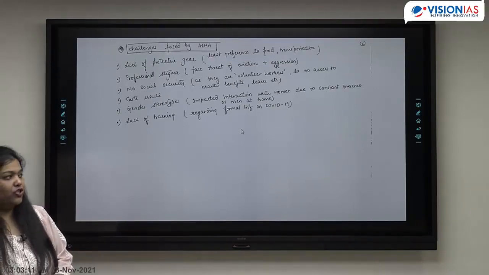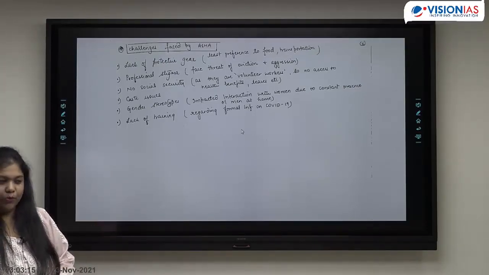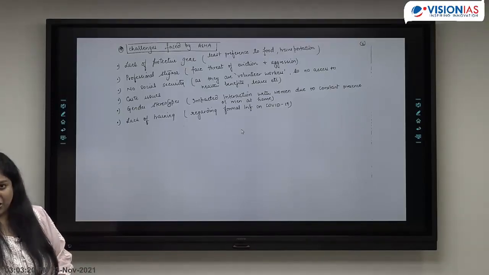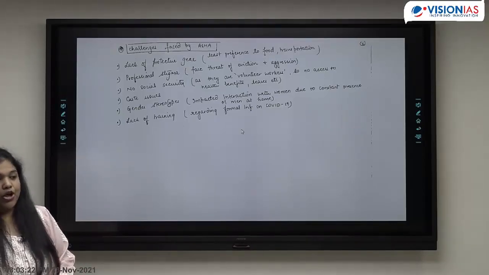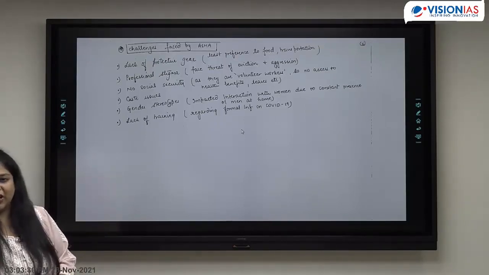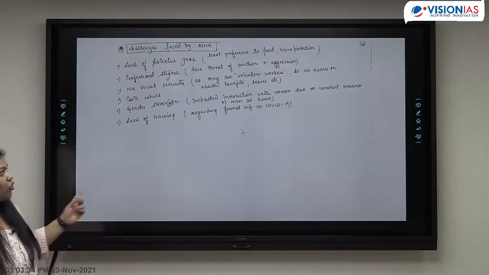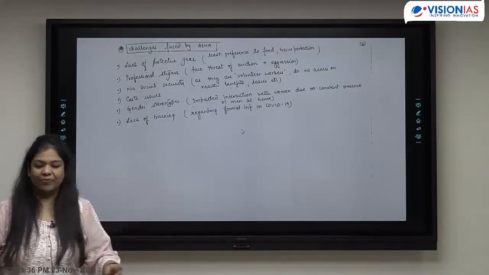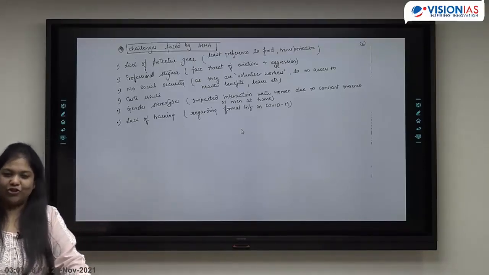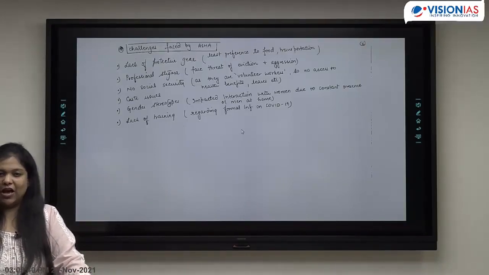Then there was gender stereotyping. Now, what used to happen earlier? It was very easy for ASHA workers to interact with the women because men used to go outside and work. We do not have a concept of male ASHA workers, which is the current demand. Now, because of lockdown and quarantine, the men are present in the household. So now it has become a challenge for ASHA workers to interact with the females because of the constant presence of men at home. Then there is lack of training with respect to what kind of information has to be provided